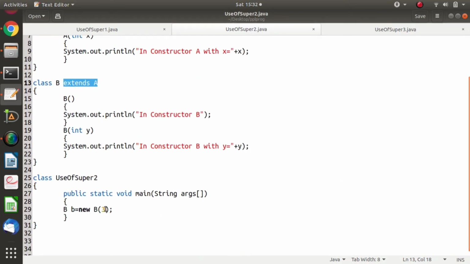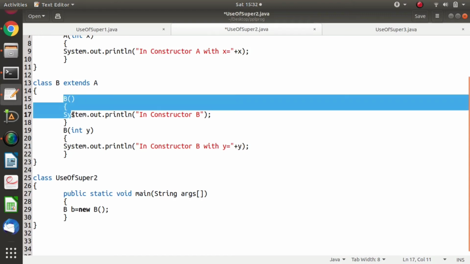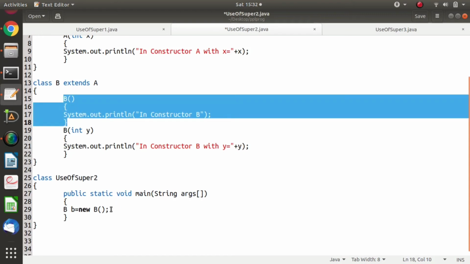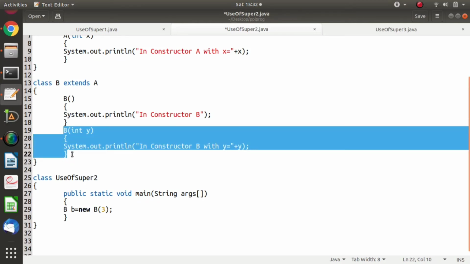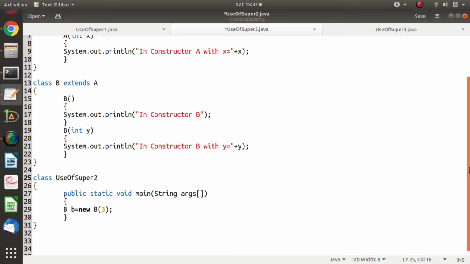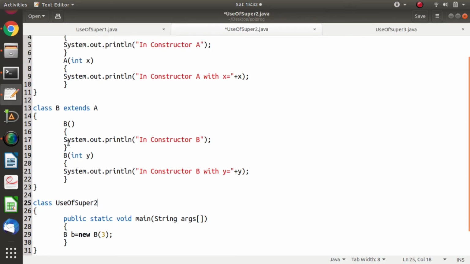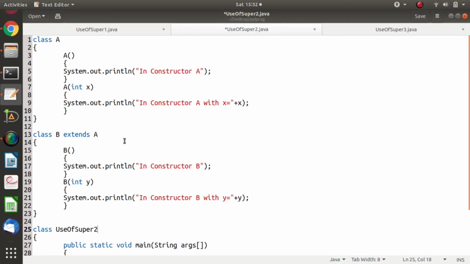Now see, if I create an object of B like this, this constructor will be called because we are not mentioning any parameter. But if I mention a parameter, for example this 3, this constructor will get called. Now the question is, after calling this constructor, which constructor from the superclass will get called?